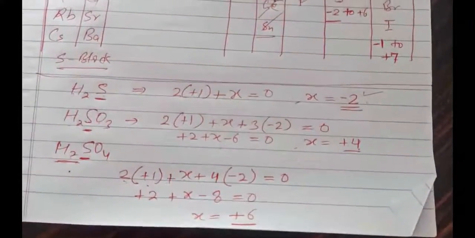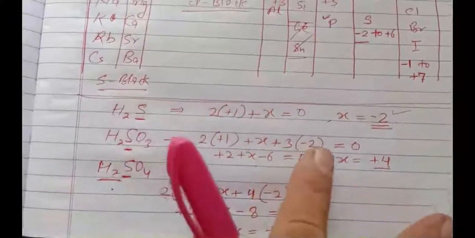Similarly, you can try from your book also. There are many oxidation numbers. I take a few more examples, like